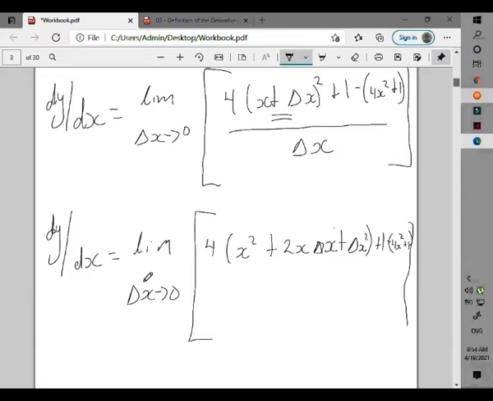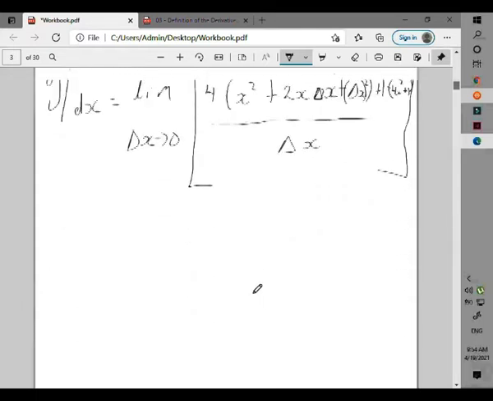Yeah, I'm going to have to figure out a way to write all these long lines without having it so clustered. Alright, so you'll have x squared plus 2x delta x plus delta x squared, which needs to be in a bracket. The reason why it needs to be in a bracket is because it looks as though it's x squared, but this is actually the whole thing, which is delta x being squared. So it's not x squared alone, it's delta x that's being squared. So you have minus 4x squared plus 1.